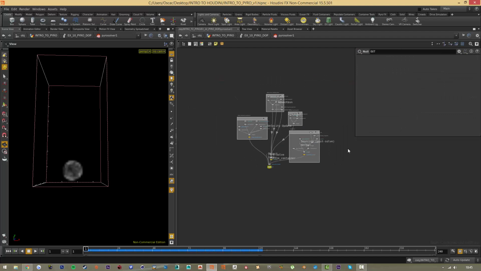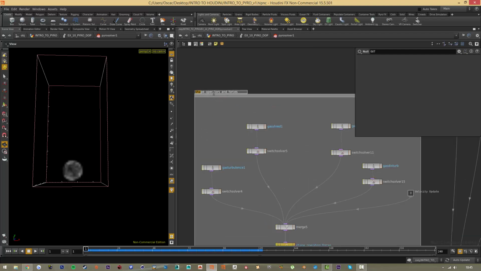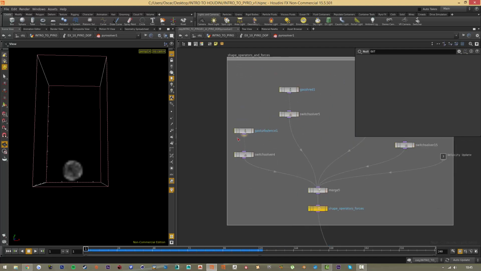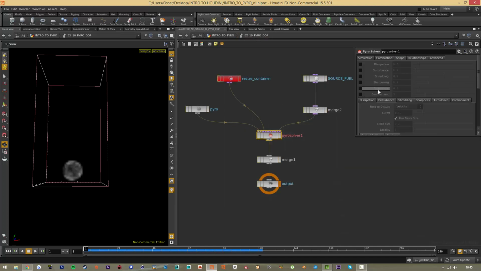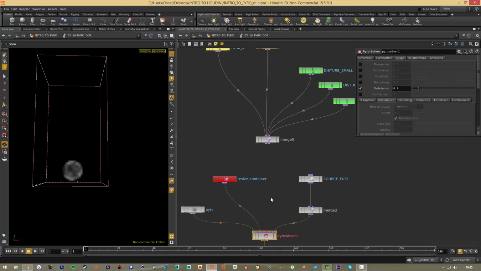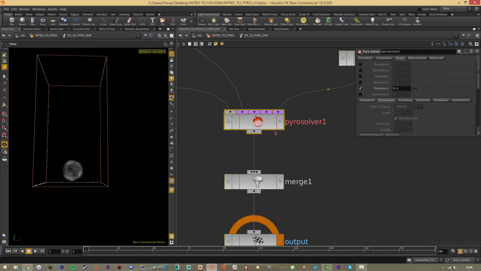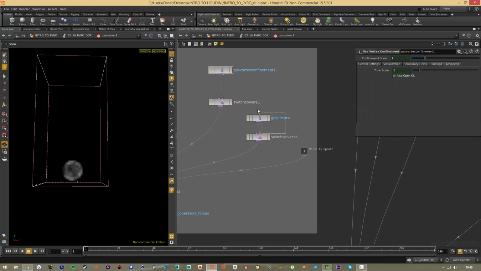And we can now see that it's a lot of nodes here. There's even more nodes in the next level, but here are some subnodes, and let's take a look at the name of them. So here we have shape, operators, and forces. Right. So let's see. Here we have a node called gas turbulence. This gas turbulence is actually what is here, this thing. So when you do things in this, that's linked to this node right there. And we can actually access these nodes here and add them in like this. So just to take another look, we have gas turbulence, we have gas shred, gas vortex confinement, gas disturb,